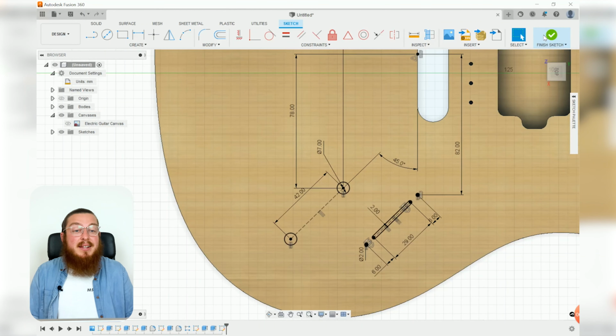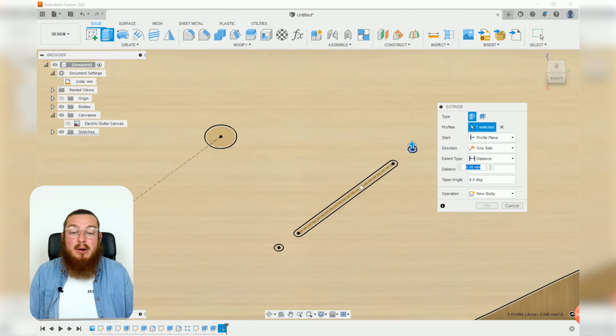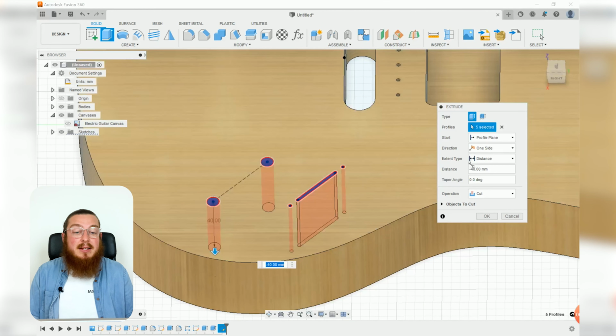With that in place, let's go ahead and finish this sketch, and all of these profiles would like to be extruded all the way through our entire frame. So you can select the 5 profiles, pull that arrow downwards, and then select it to